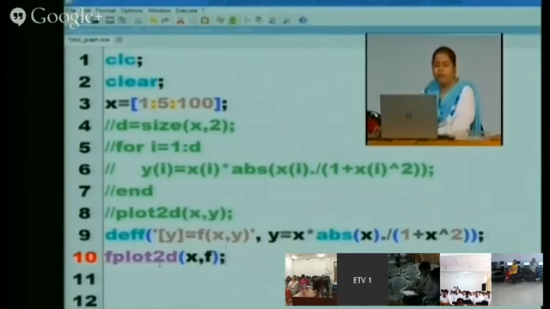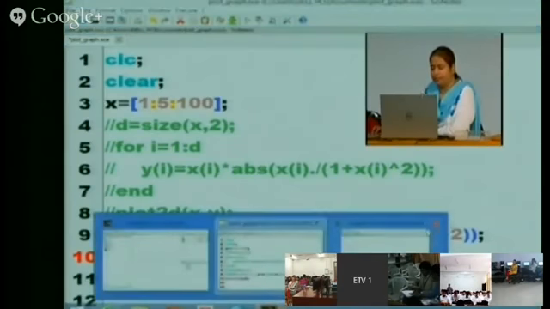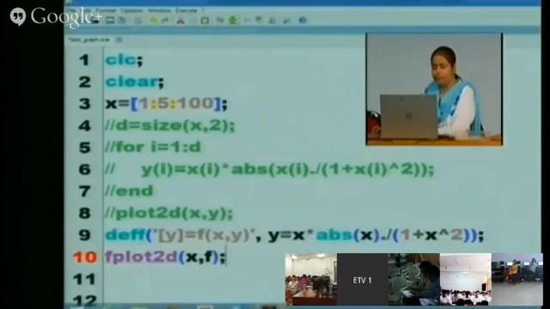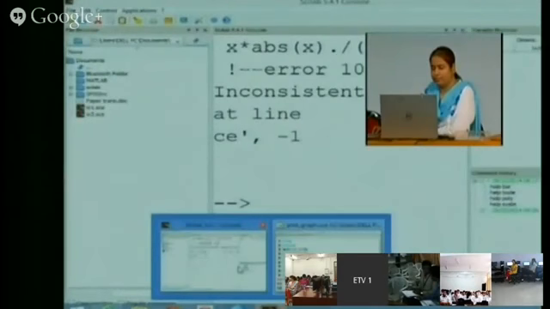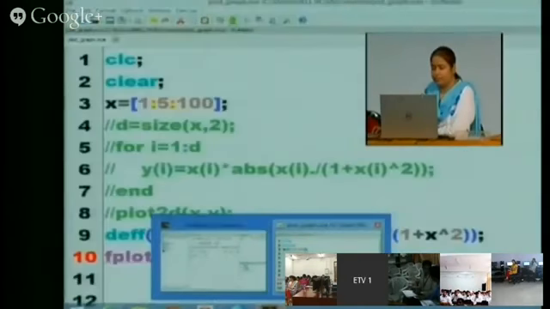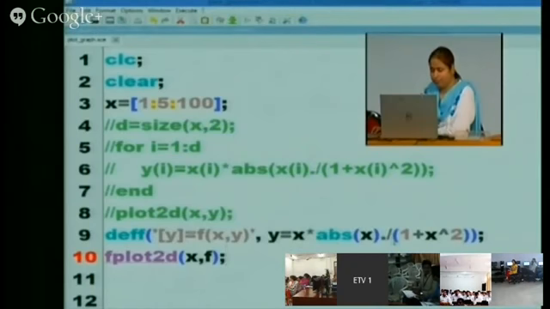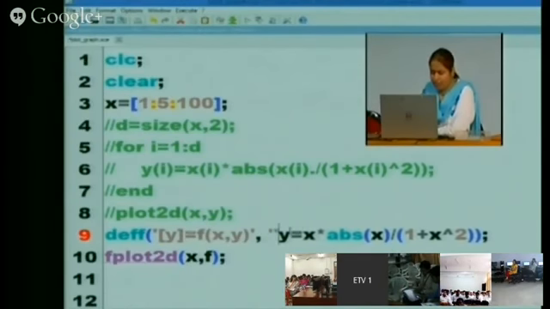Now it is fplot2d, f is used before the plot, and then x comma f. This has to be in single quotes only.